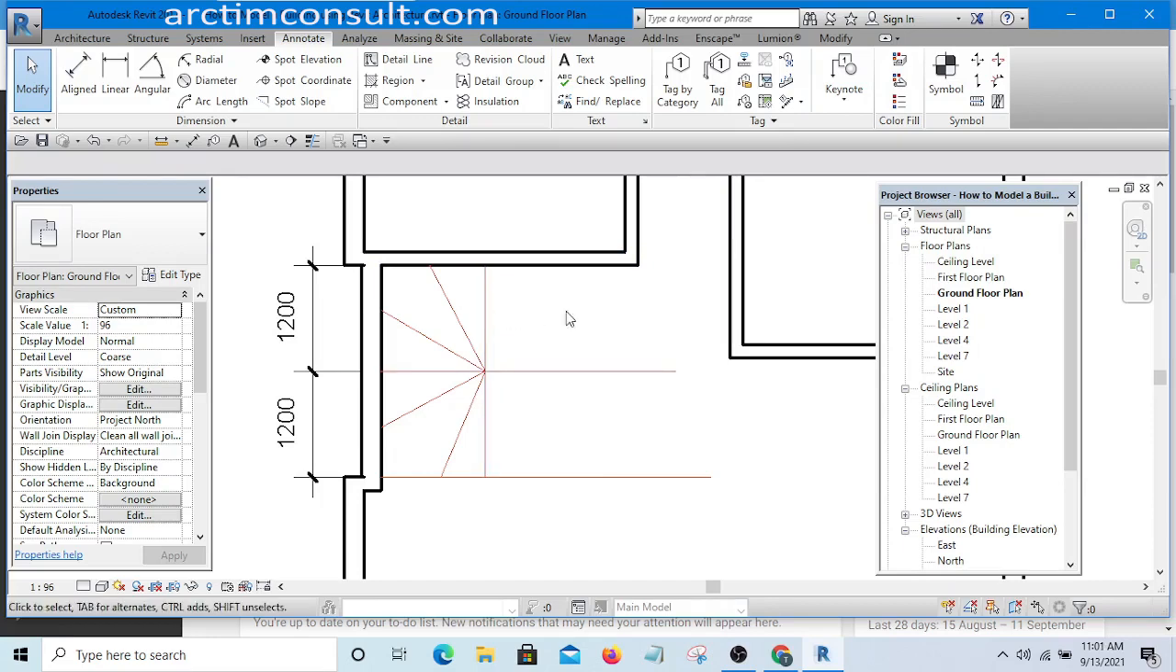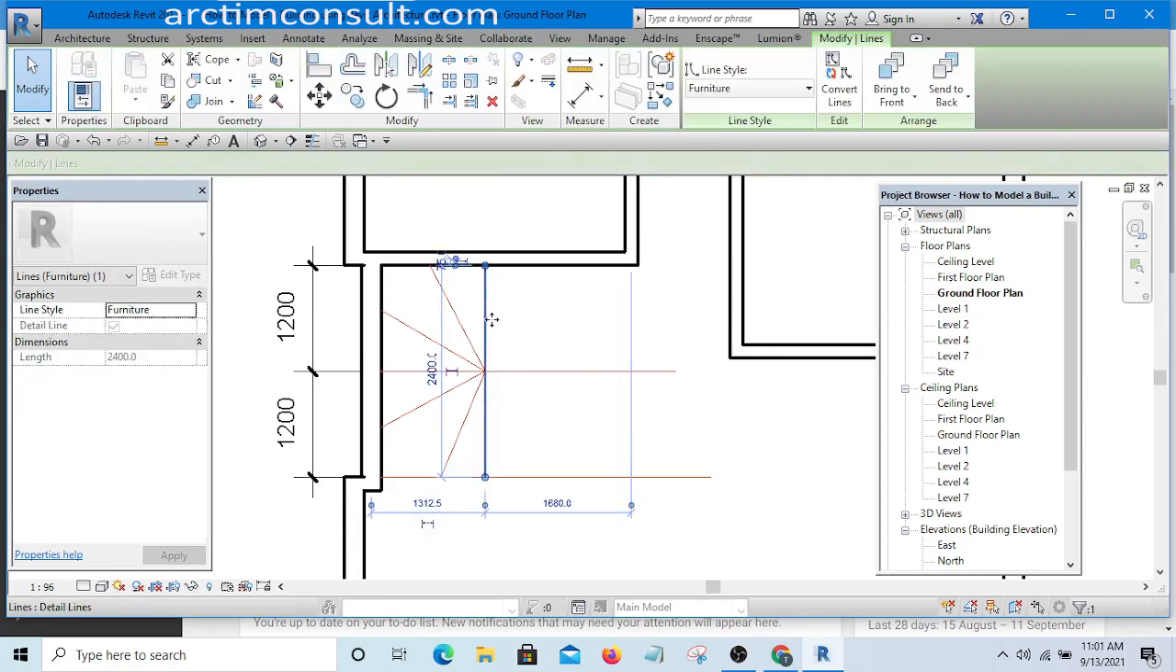It makes my work faster. I can use offset, but in this particular scenario, since we have so many of them, the best way to make it faster is to use array. So I will select it, and the moment I select it, you see those tools are active if you are on the modify tab, and you see that this is array here. You select array,